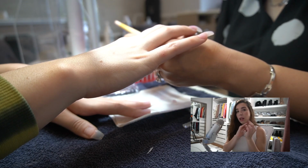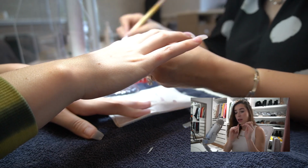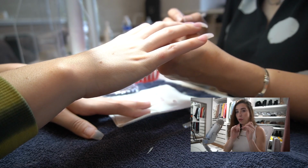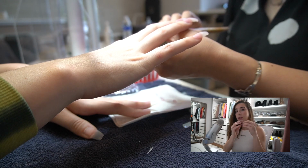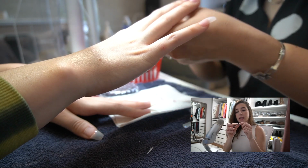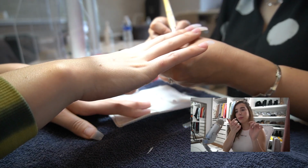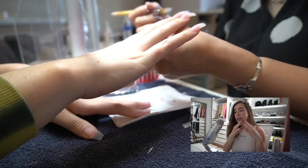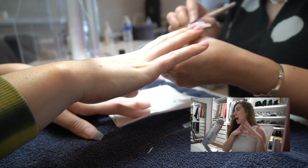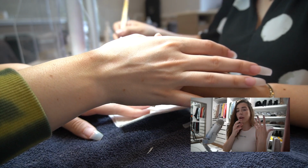So that thin little tip that was just sitting on the tip of my nail, the acrylic is what goes over and covers the whole thing, so that these bad boys aren't going anywhere. It's not like they're just stuck on the whole nail, it's like cemented to your nail. And you might be like, oh, if you're a man or if you haven't had